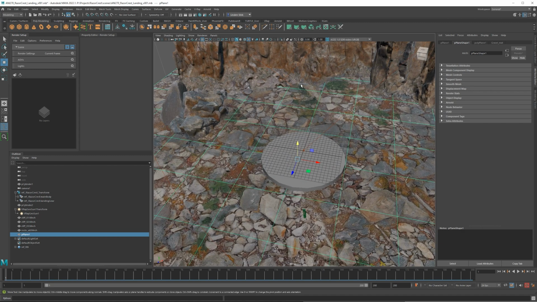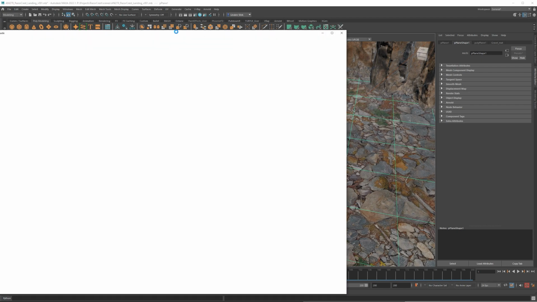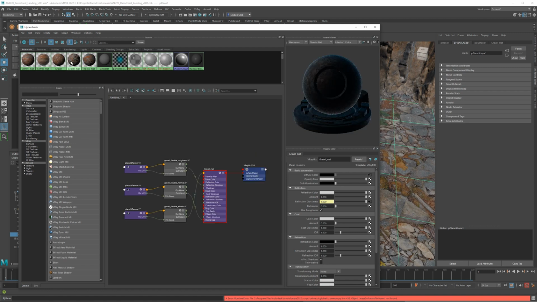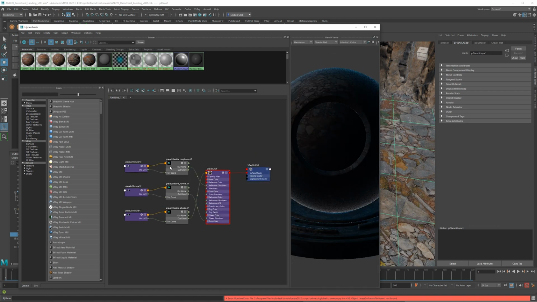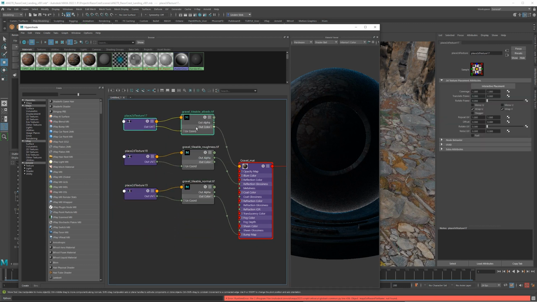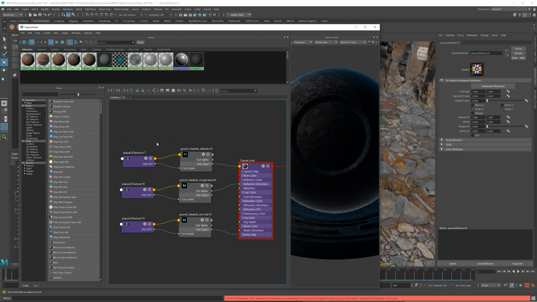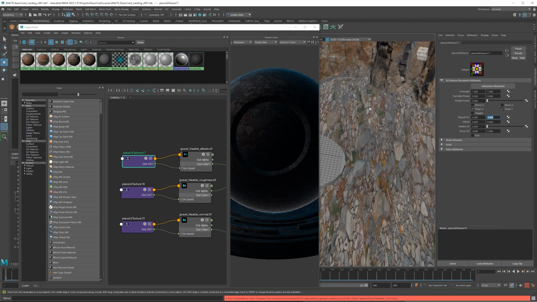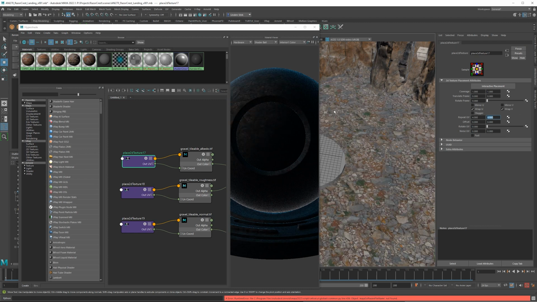So obviously if we increase the size of this, our UVs are completely wrong. Probably the easiest thing to do, because we have several channels, is to go back to the hypershade and graph this. We have roughness, normal, and albedo. I don't know why albedo is all the way down there. Looks cleaner like that. But we have 3 maps and 3 texture nodes. On the texture nodes, it's very convenient to say repeat. You could say 4 by 4, for example. That will just tile that texture 4 by 4.